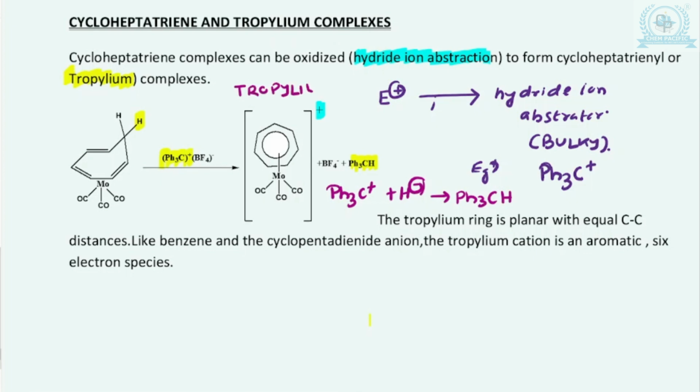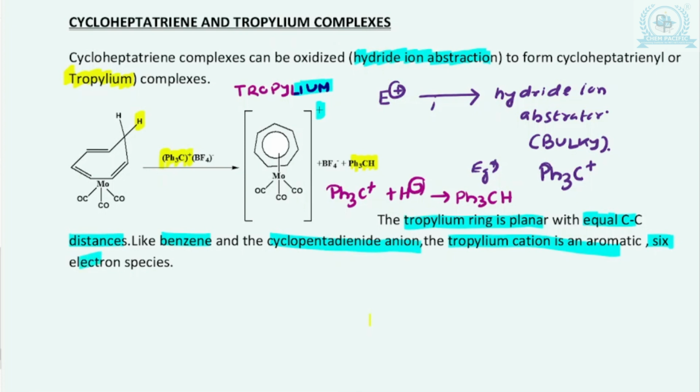The word lium means it is one cationic species. Now this tropylium ring is actually planar with equal CC distance. So like benzene as well as the cyclopentadienyl ion, the tropylium cation is aromatic in nature